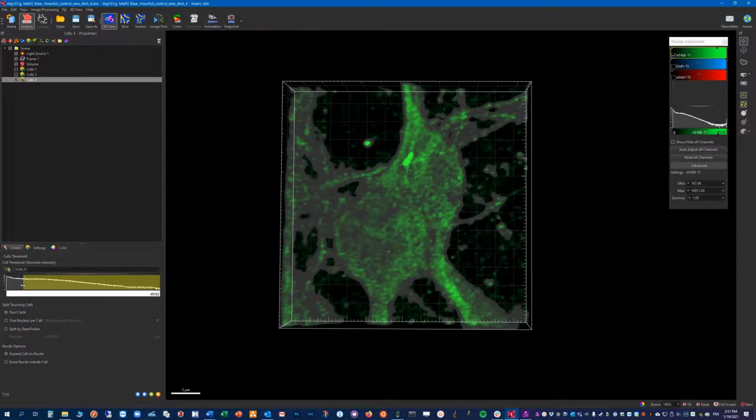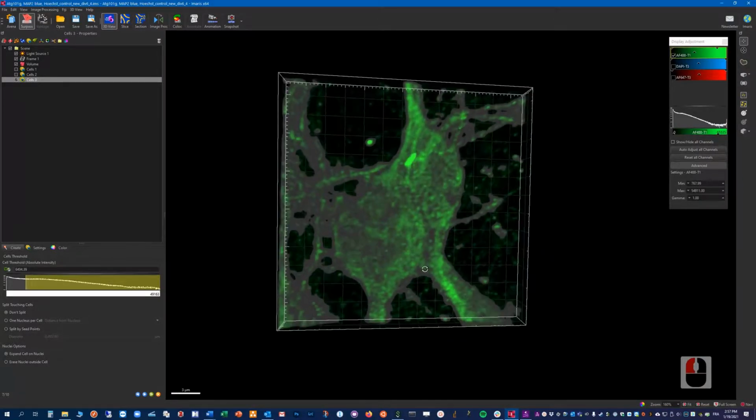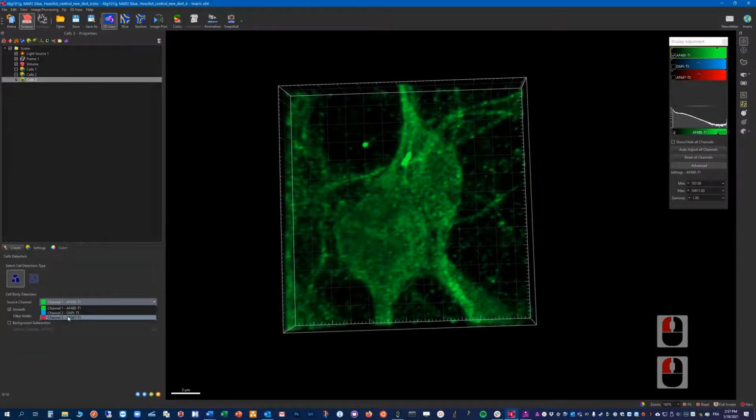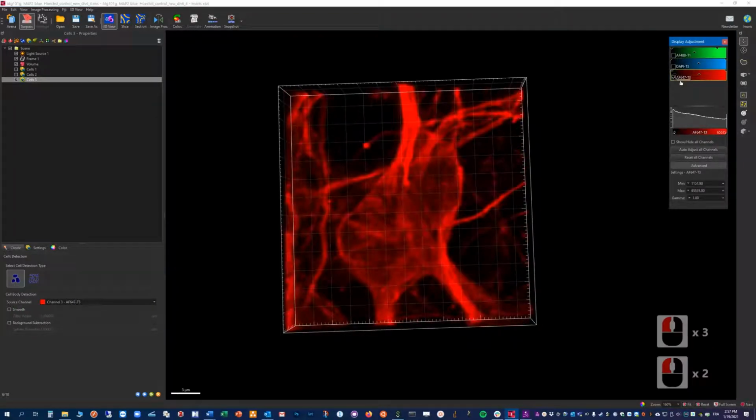But we cannot discriminate too much here. So another option would be to use the other channel, so the red one. So let me quickly switch here. So with the red channel,